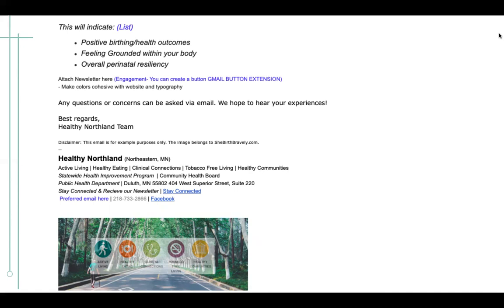If this is an option for Healthy Northland, make sure your colors and typography are cohesive with your website. Also, I would recommend only having one call to action per email. For this example, we added 2 so that you can visualize options for calls to action. Lastly, we created an example signature for Healthy Northland so that audience members are able to easily find and link